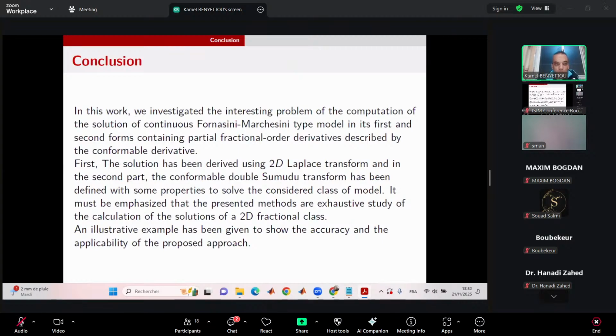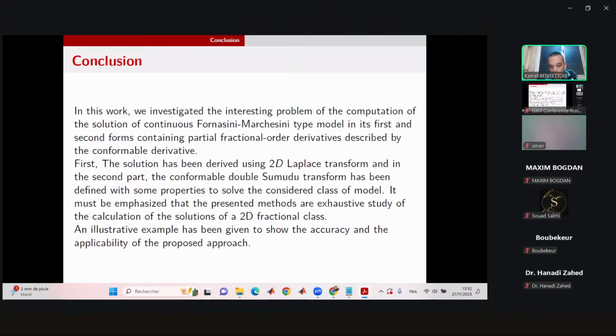As a conclusion, we have derived in this case two main results. We have first extended the general fractional derivative to the case of two-dimensional systems. We have used the Laplace transform to solve the first form of the Fornasini-Marchesini models, which are systems very difficult to calculate because it is not easy to apply the Laplace transform and then the inverse transform to obtain